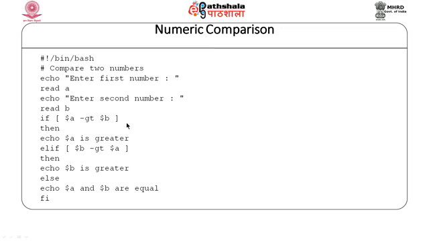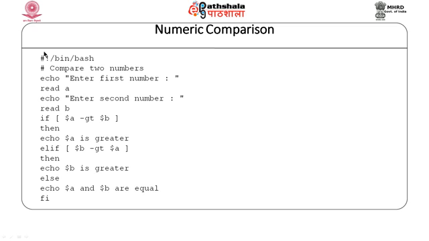This indicates we are testing the condition over here that $a is greater than $b or not. If it is true, this part will be executed, else if we test another condition and we execute this part, and finally, this part will be executed. So, this is how we can use numeric comparisons